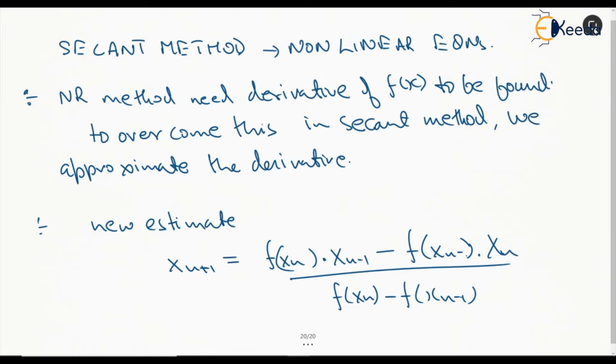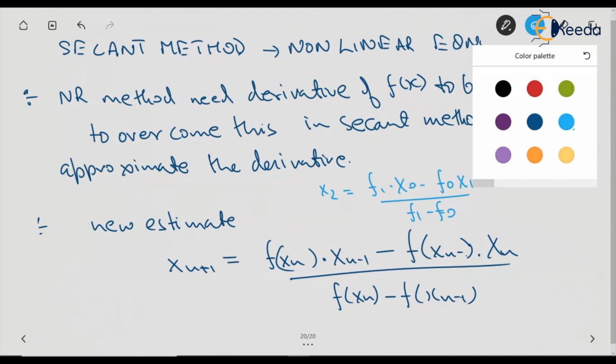If this is not that easy or it is complicated, the easier one which you always remember is x2 is equal to f1, that is f of x1, into x0 minus f0 into x1 by f1 minus f0, right? Both are the same. So in this method,